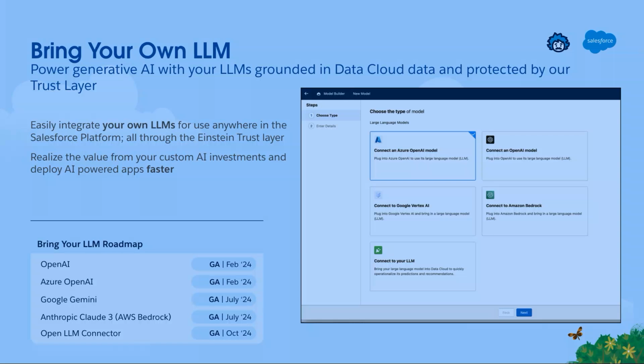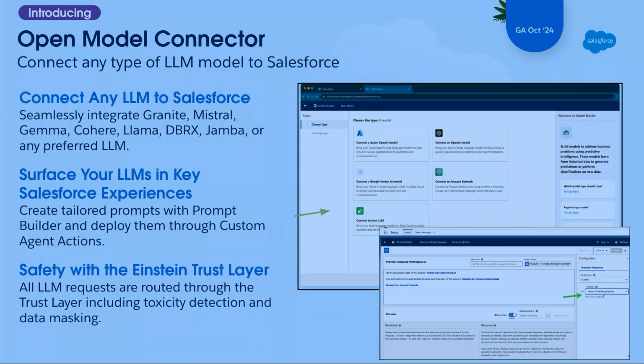What we're introducing at this event is that you see there's a fifth tile there on the bottom that just says Bring Your Own LLM, right? And this is the one that I presented to Chanu a while back, and I said, how about if we just let customers connect whatever they want? And, I won't tell you what her reaction was at first, but in any case, where we're at now, thanks to her help, is that you very soon have this ability in your org to use that tile within Model Builder to connect to a large language model of your choice